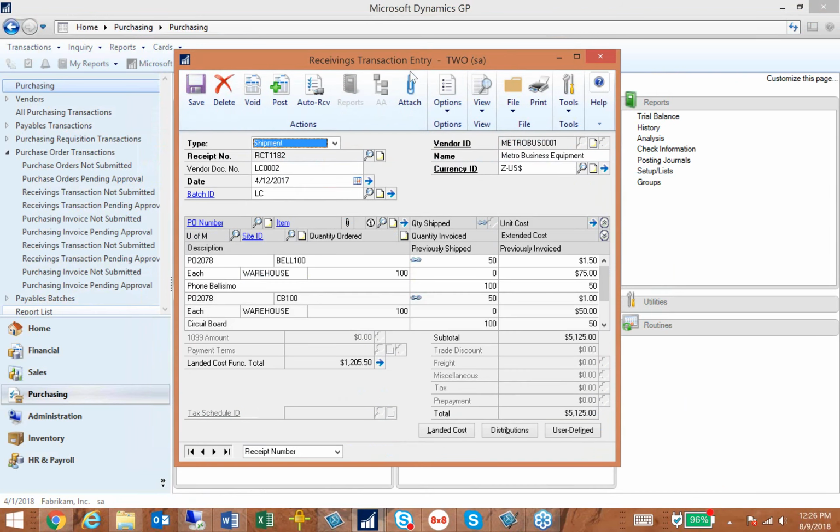Now, this next feature is landed cost, and I have done some setups in inventory, on the inventory side, and a little bit on the purchase order side, but most of the setup for landed cost is in inventory. Now, if you're not familiar with the idea of landed cost, it's most frequently used for people